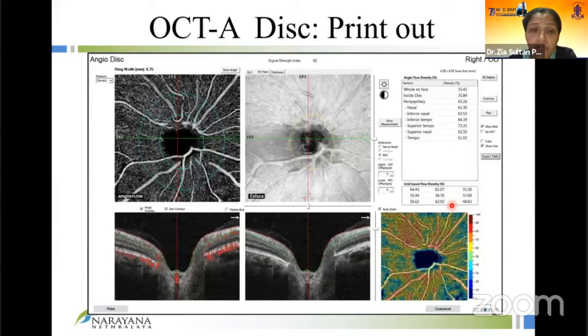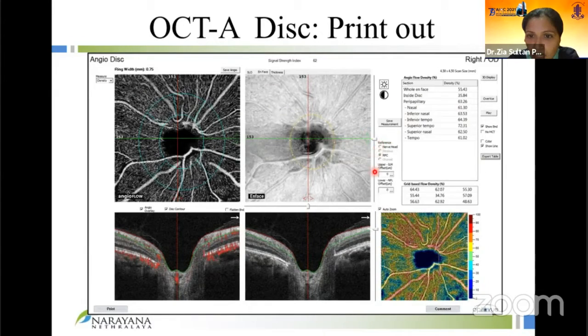This is what a typical printout looks like. Over here on this side, you have what I've been describing thus far. Adjacent to that, you have the en-face image. And you have the two cross-sectional scans, the B scans, below. You can move these red and green lines to look at different cross-sections of the scan itself. Important things to note are you have the signal strength index on top, and I will be discussing that as it's one of the limitations towards the end of this talk. You can measure different parameters, but the most often assessed is the density.